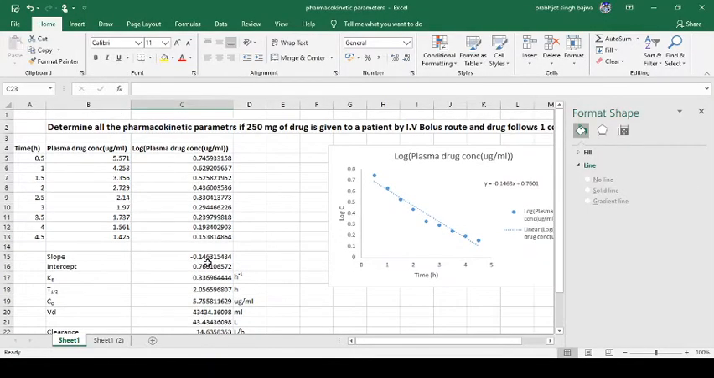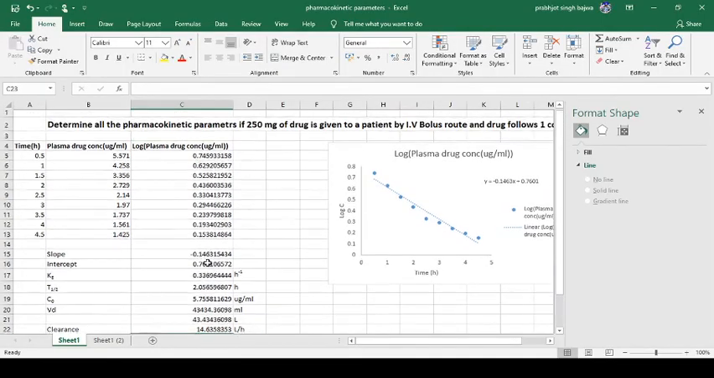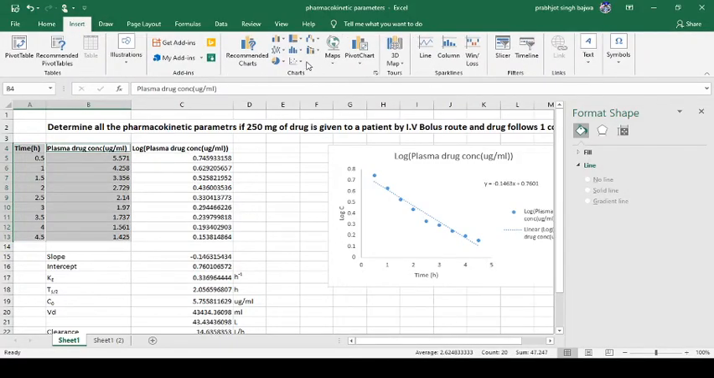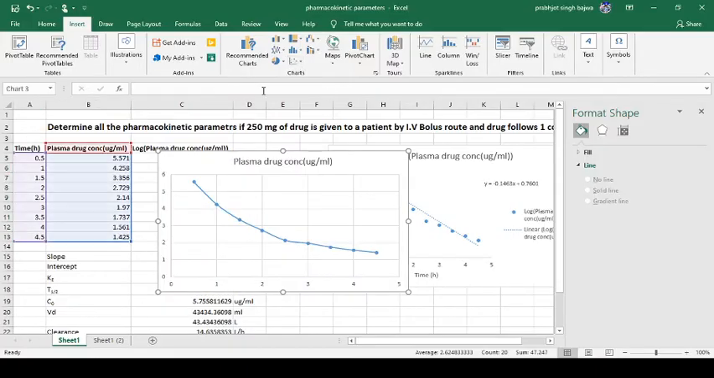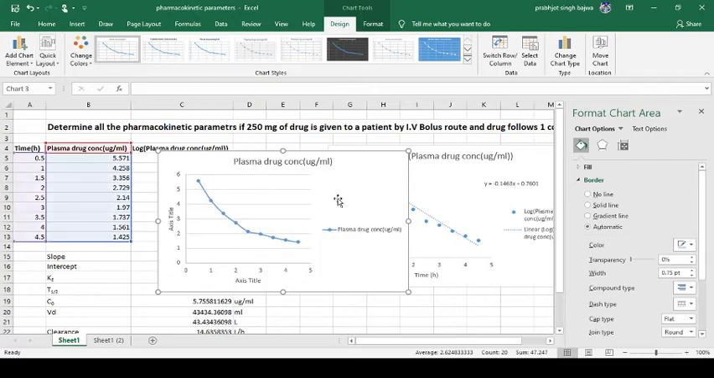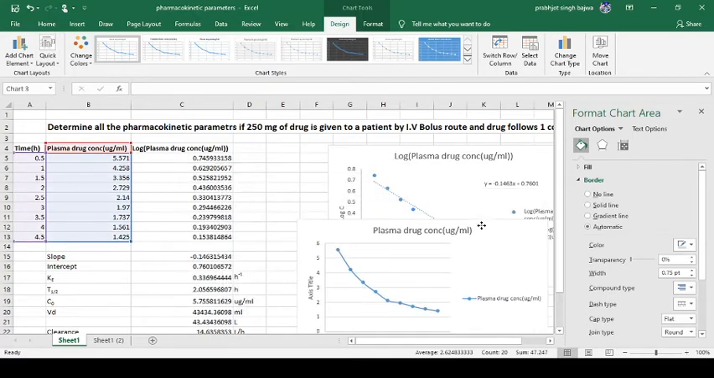Now we will also calculate the area under the curve. The area under the curve is the area under the time versus concentration curve. So first we will plot a graph, time versus concentration. Insert graph. So we will change the layout. So this is a graph,